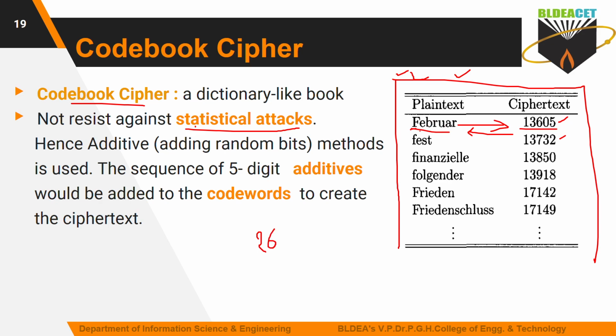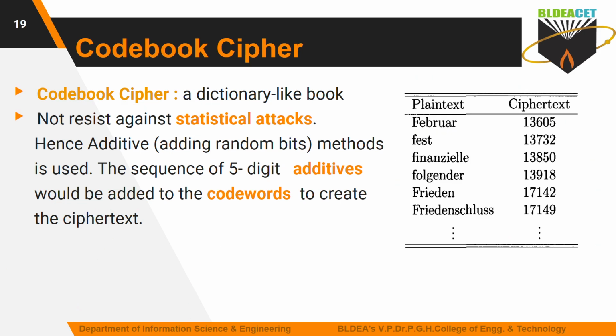So then, if you get the words, that is what it is. Now, what are the words you are using? The ciphertext may be repeated for more than one plaintext word here. If it is repeated, then you can go against the statistical attacks. Statistical attacks are based on the frequency, as you know, of the repetition of the alphabet words here.